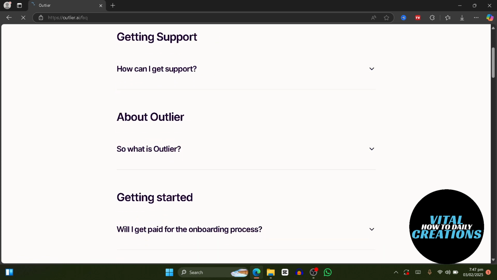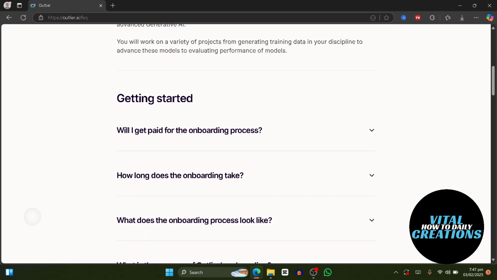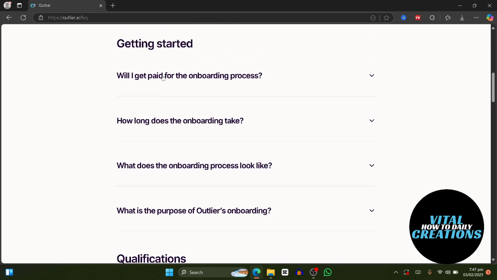Anyway, so basically, Alloy AI gives you an opportunity to build the world's most advanced generative AI. You will be able to work on a variety of projects from generating training data in your discipline to advance these models to evaluating performance of models. So you can see